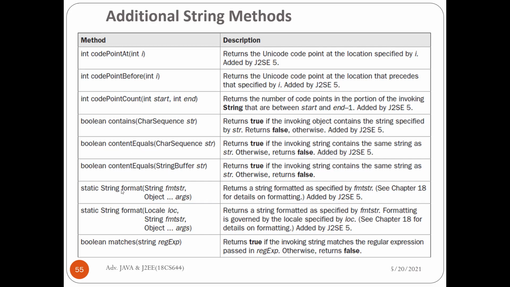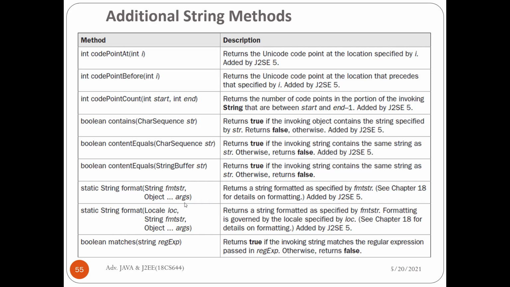Next, static String format, with a format string and then object arguments. This is a static method. It returns a string formatted as specified by the format string. So this has to do with formatting, like the date formatting or time formatting that can be done using the locale.